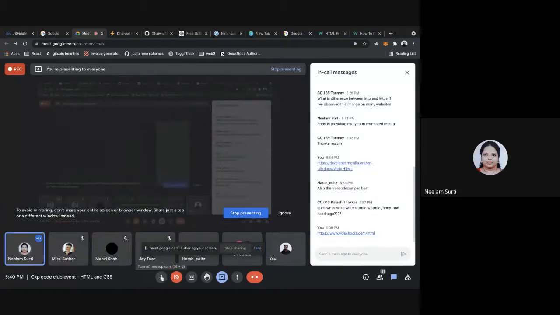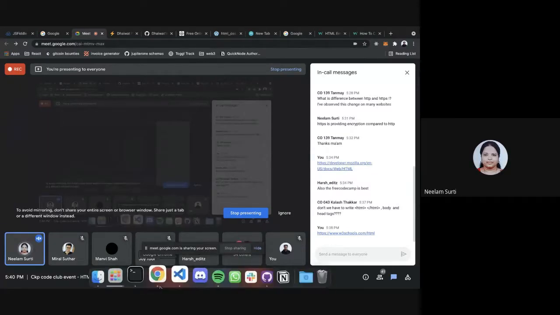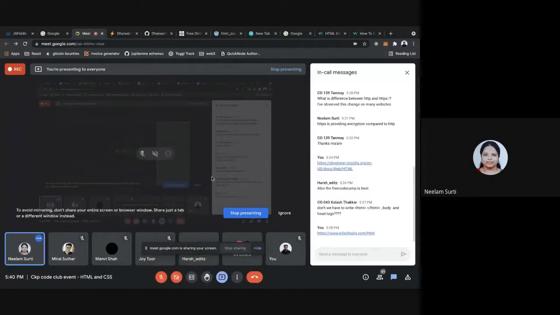Yes, thank you, David. That was a nice introduction to HTML. So basically, tags are there, everything is there. What you have to do is use it. Just check yourself what exactly it does, isn't it? So the guidance is given, and yes, Kalash, you have written that HTML body tags are not to be written because the browser itself is for HTML only.